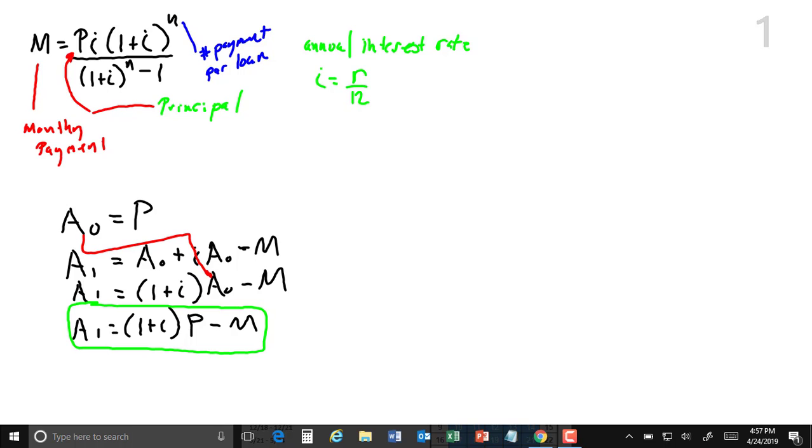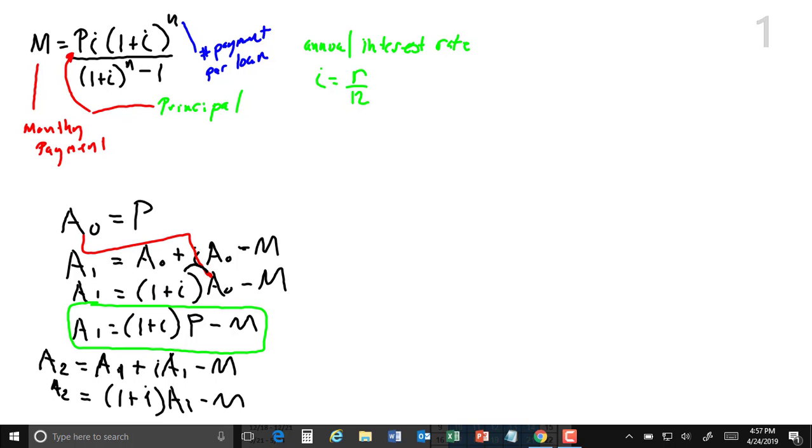Okay, now following that same kind of logic, we can start the same thing here, right? We can calculate A2. How much you owe on A2 is equal to how much you have still owing in A1, plus the interest times how much is still owing, minus the payment for that month, where M is the monthly payment. Okay, so now I know that A2 can be written as 1 plus I, times A1 minus M. Now, we could see that the reason that you can pull out this is because in all of